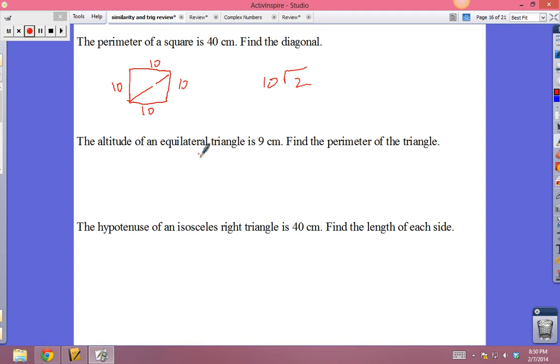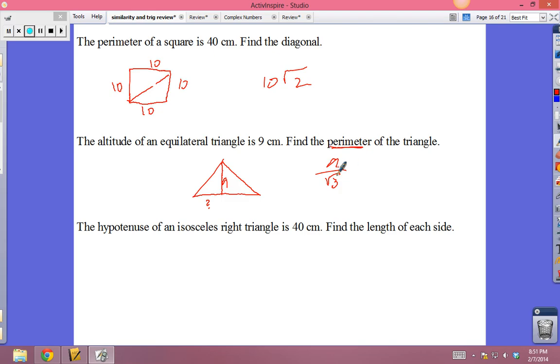The altitude of an equilateral triangle, so equilateral, all the sides are the same, but the altitude is how tall it is, and that's 9. So they want the perimeter. They want me to add up each side. And I know if the altitude is 9, this little guy right here is going to be 9 divided by square root of 3,